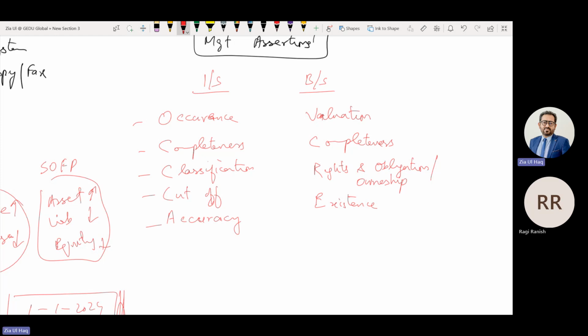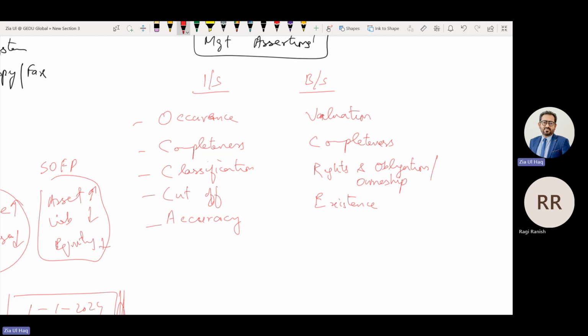If a car has been recorded at a high amount, we will check its condition as well. I mean, it is not a Suzuki car, it is according to the value. Like if they have recorded an electric car, we will see that an electric car is there. If they recorded machinery of 500,000, we will inspect not only that the machinery is there, we will see it is of 500,000 value, not 50,000 scrap machinery.